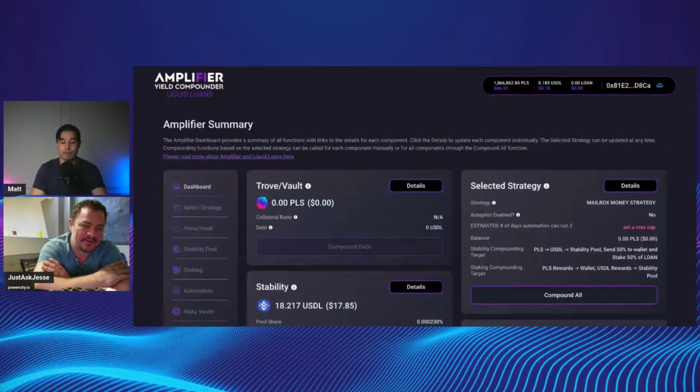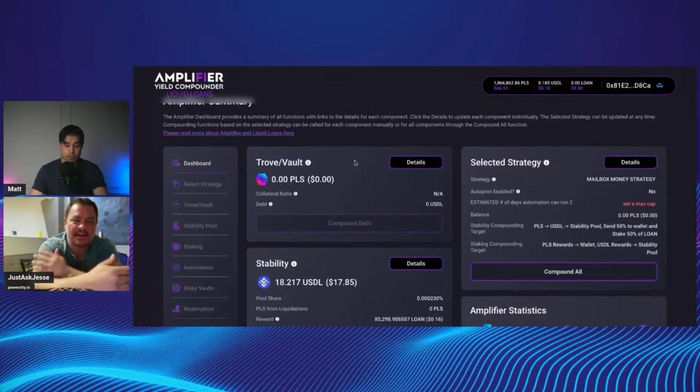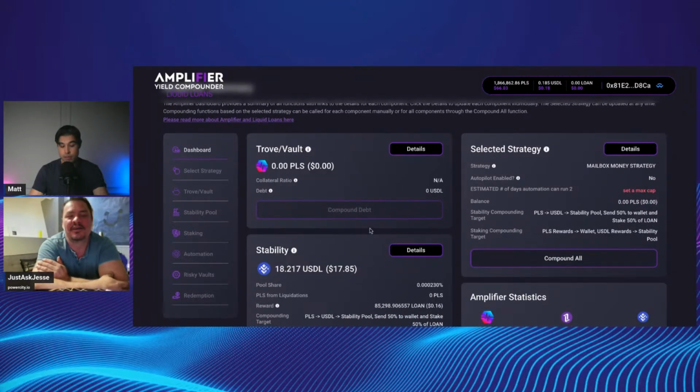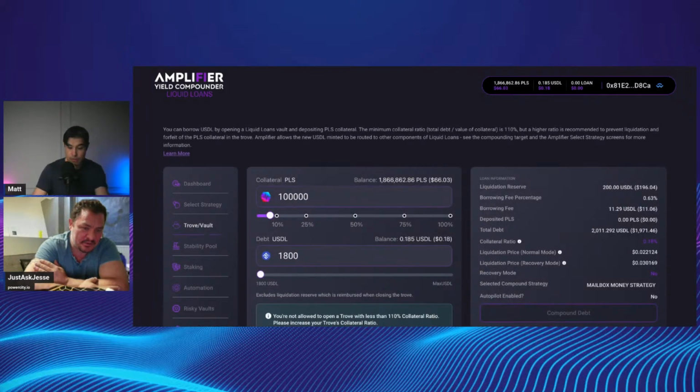What is that? So you're talking about the amplifier, which is live, sir, on top of Liquid Loans. It is, in fact, a front end to interact with the Liquid Loans protocol. So you can come here all the way from the beginning and create your loan, participate in the stability pool, participate in the staking pool. And there's quite a bit more options than you would find on a typical